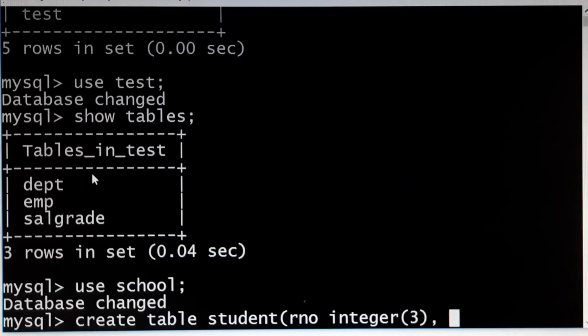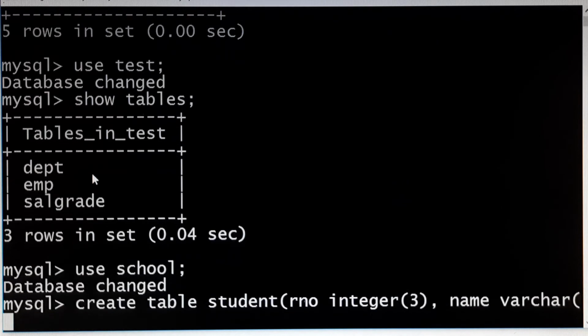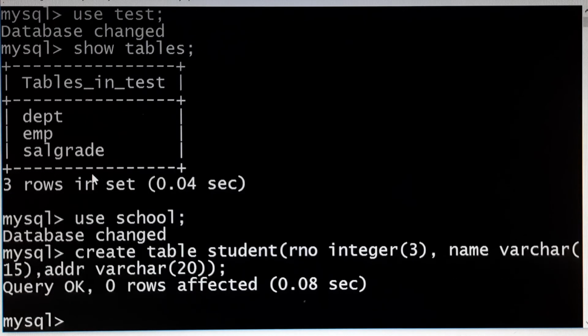It means a maximum 3-digit number we can give as a roll number. Name varchar of 15, address varchar of 20. So we have created a table.